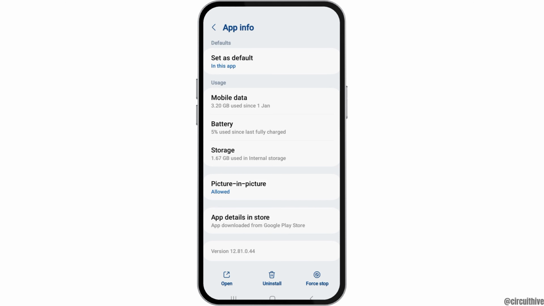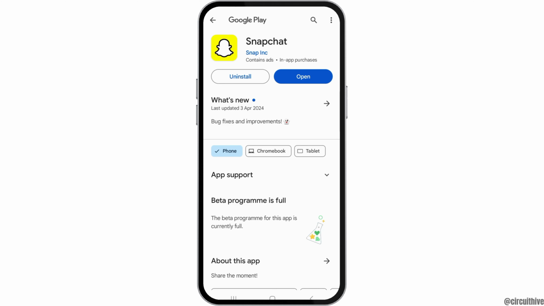After tapping on the I option, now you have to just scroll down, go to the option of app details in store, and after tapping on the option of app details in store, now you can see that an interface like this will open. If you see the option of update out there, you can update your application and your problem will be